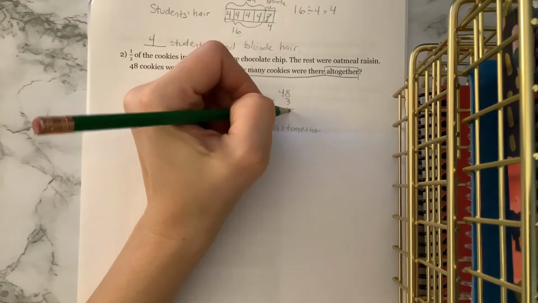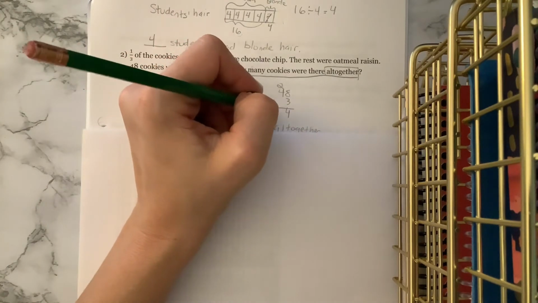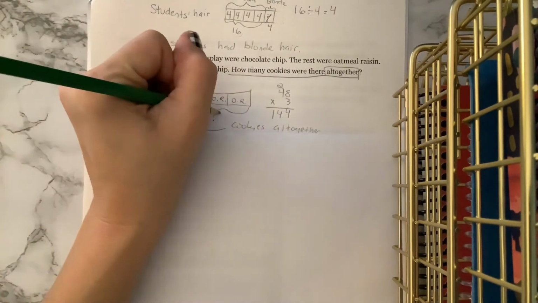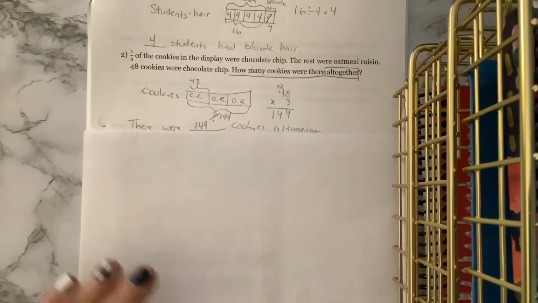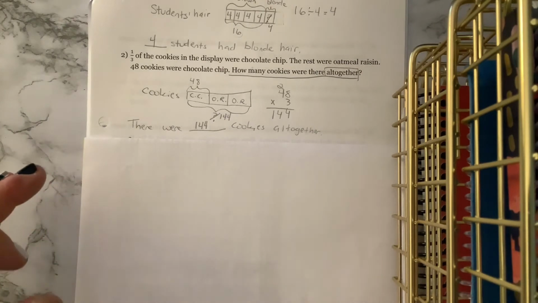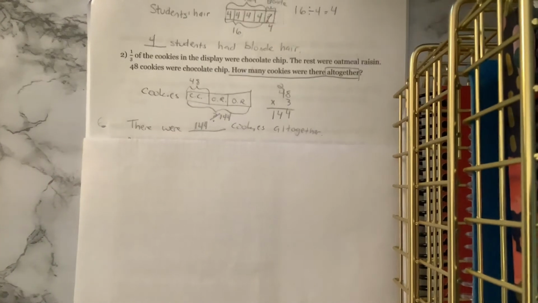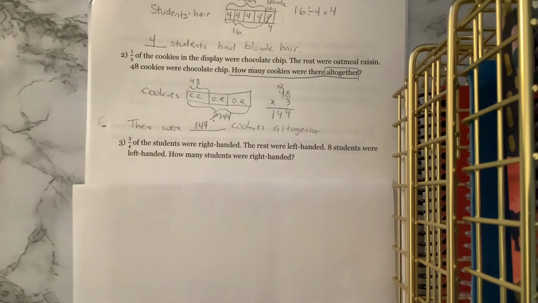So we do our multiplication, 24. 3 times 4 is 12, plus 2 is 14. How many cookies are there all together? 144. How did we do? I set you loose maybe a little bit early, but hopefully you were able to navigate that. Okay, next up,